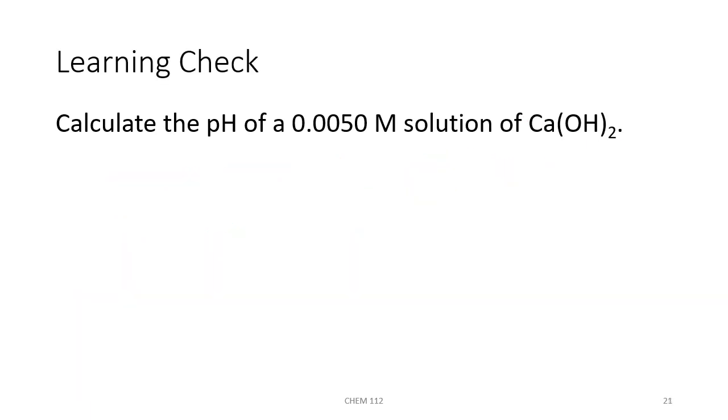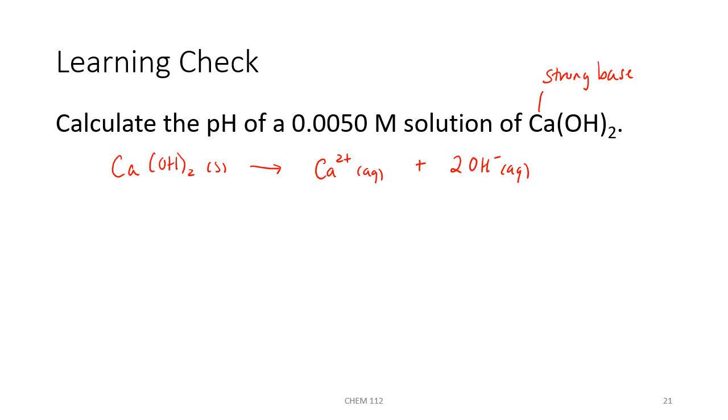Let's try another example. Calculate the pH of a 0.0050 molar solution of calcium hydroxide. Calcium hydroxide is a strong base. First, we want to write the dissociation of the calcium hydroxide. The solid in water will break up into calcium 2 plus ions that are aqueous, and we'll get 2 OH minus. We'll get hydroxide ions, but look at your original formula. It was Ca(OH)2, so we get 2 hydroxide ions,